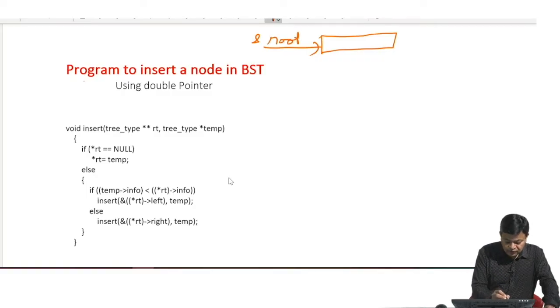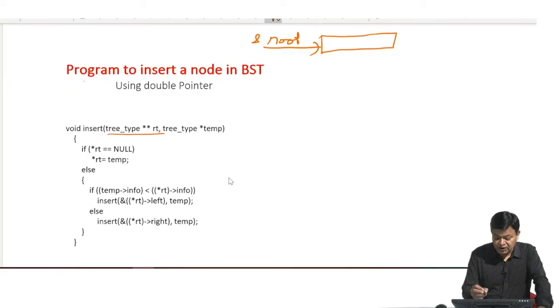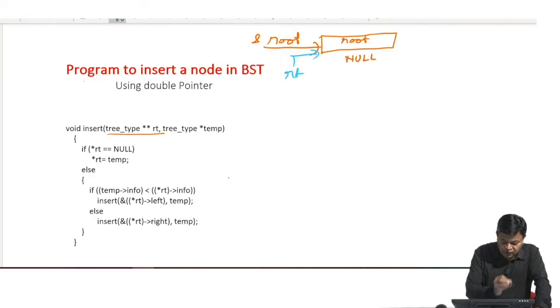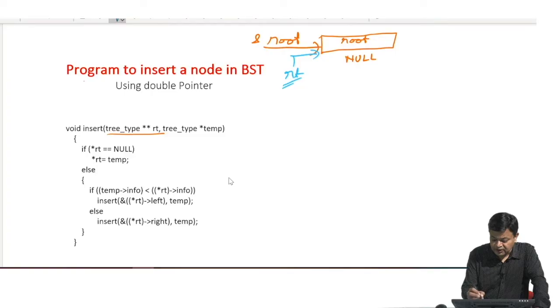and in the insert function I am having a pointer RT. So, what will happen? RT will point at the address of root, so its value will be root. If I see from the main function, inside this root is stored, which is initially equal to null because my binary search tree is empty. Now, if I see from the first insert function, if this is RT, then this will be called star RT.